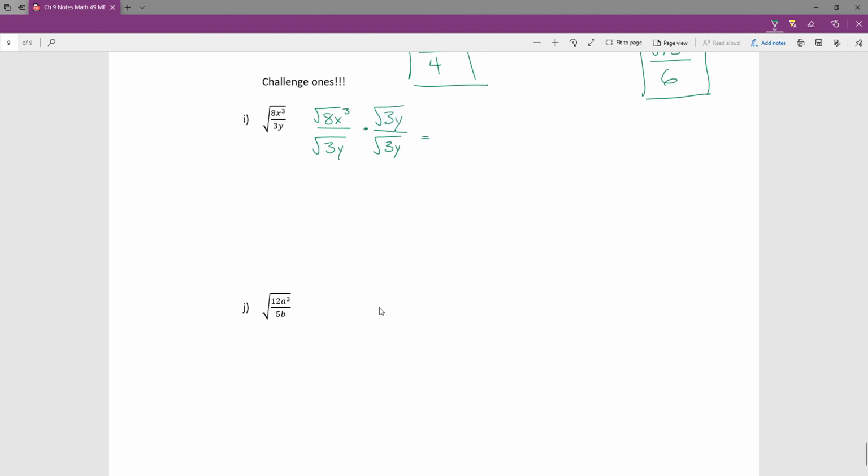So then I would have 3y on the bottom, right? The whole act of rationalizing was get rid of that square root sign. And then on the top, I'd have the square root of 24x cubed y. Taking a look at that numerator suspiciously because it's under the radical sign, I can break it up into its perfect square component and anything that is left behind. One last step would give me my final answer, taking the square root of that perfect square factor that I identified